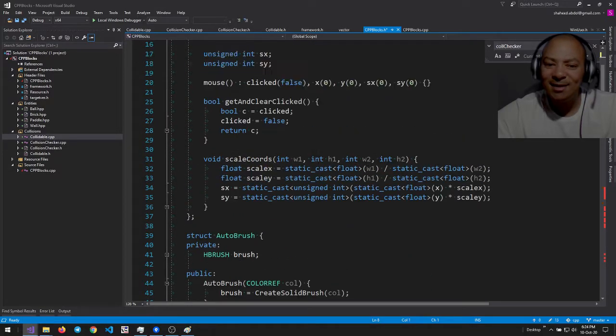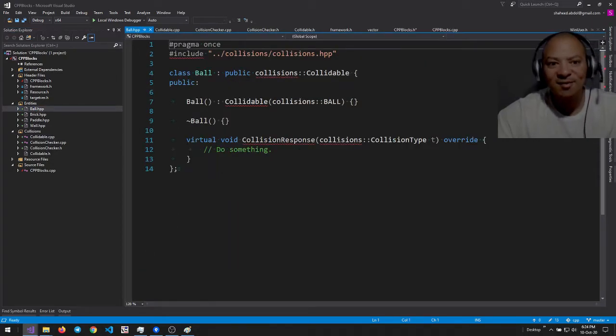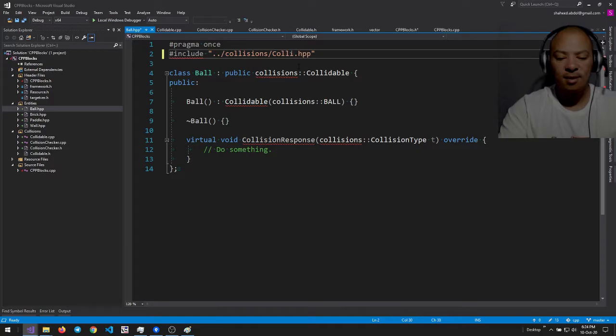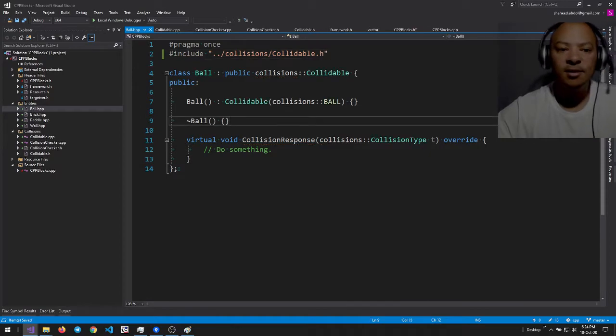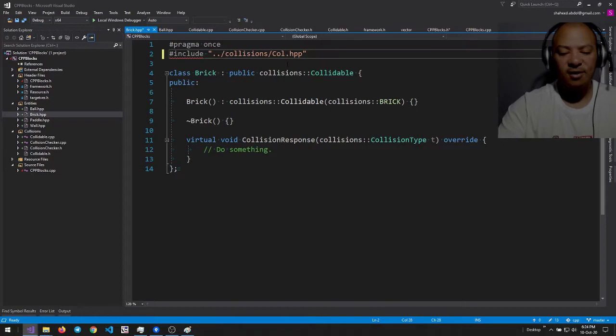Are the entities in a special namespace? Collisions collidable. Not an HPP. Not a dot. Collisions collidable. So let's just fix this thing again. Unfortunately,